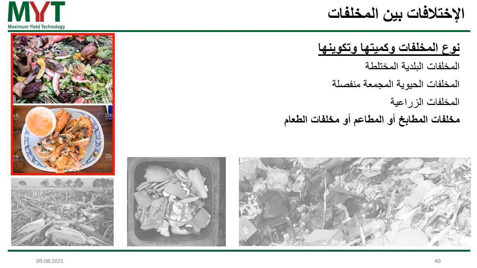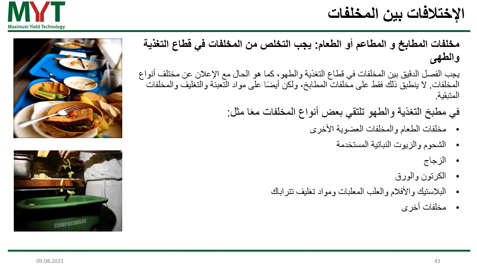So the last type is the kitchen or restaurant waste, or food waste. Maybe in Egypt it doesn't make such a big difference, but in Germany we have to take special care of this waste and we have to separate it from the other waste streams, and I show you now why in the next slides. So the strict separation is mandatory in the gastronomy sector